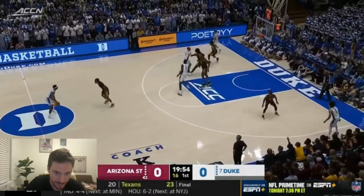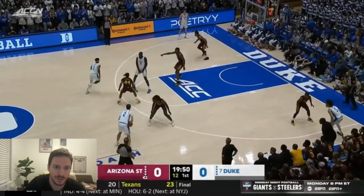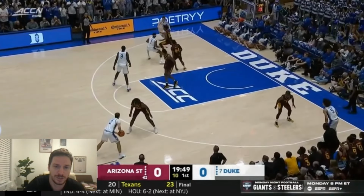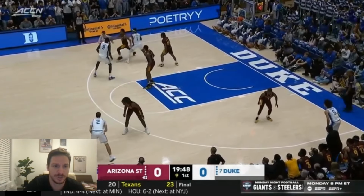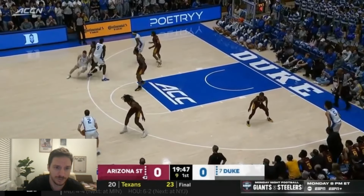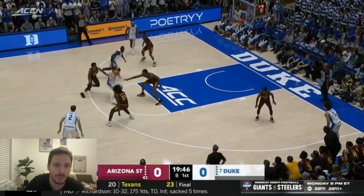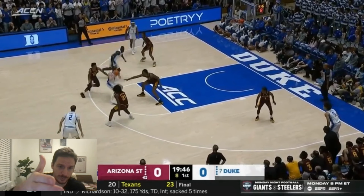So here we go. It's going to start off with a double stagger for Kon Knueppel. Caleb Foster going to set it. Maluach is the second screener, and Kon Knueppel sets up this lob right here off this tight curl. Keeps the curl tight. By doing that, Maluach's defender is at the free throw line because Knueppel has a straight line drive because it was a great screen by the big man, and now he has a free run to the rim. There's nobody going to be in front of the big man,